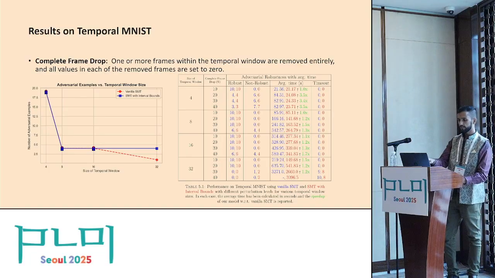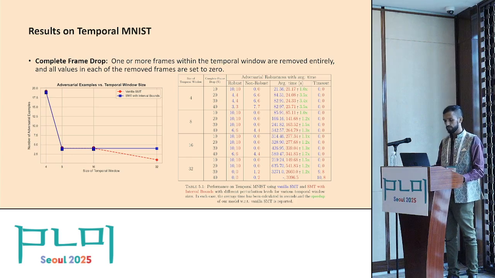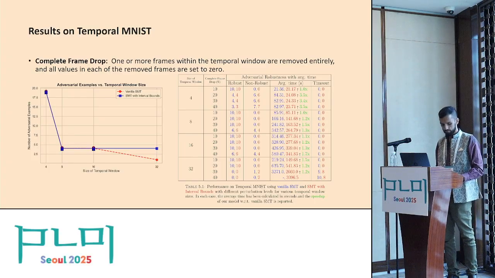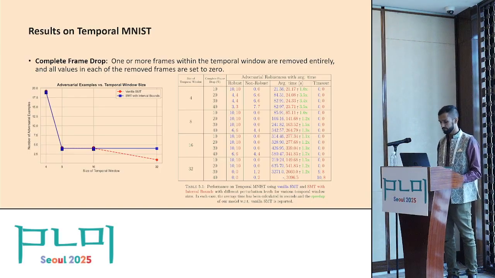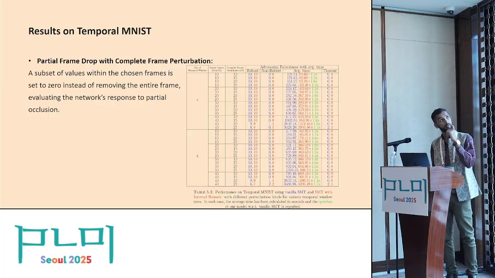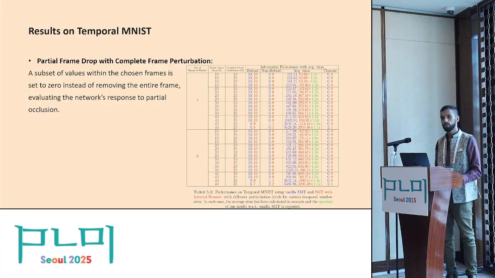Interestingly, when the temporal window length is small, both the vanilla SMT and the SMT with interval bounds perform about equally, but when the length increases, the SMT with interval bounds overtakes the vanilla SMT. The second experiment shows partial frame drop with complete frame perturbation, where a subset of